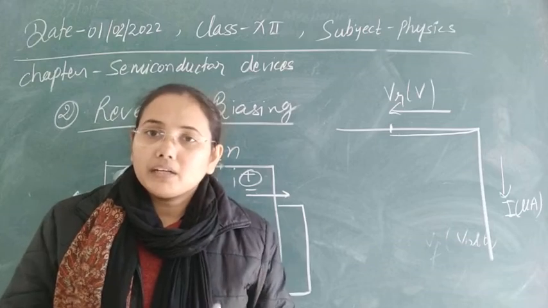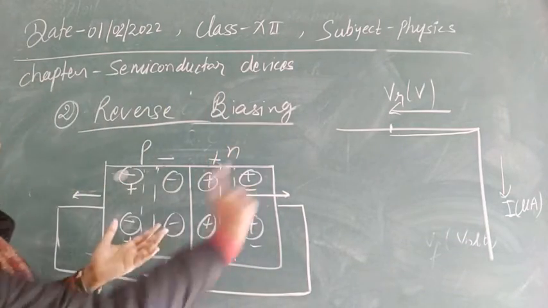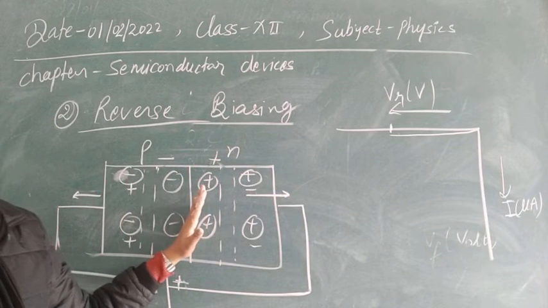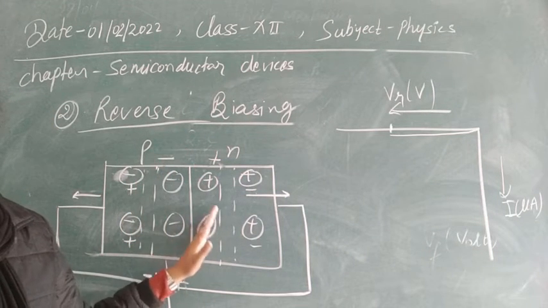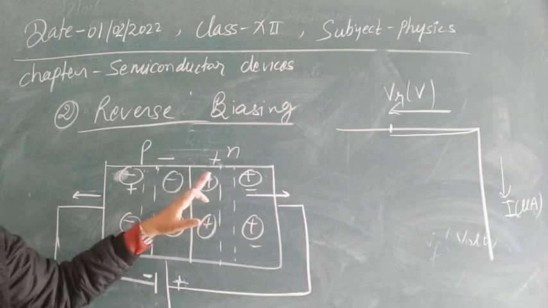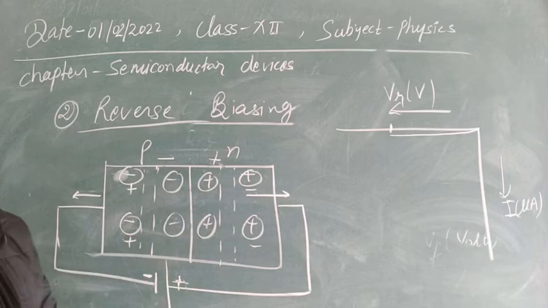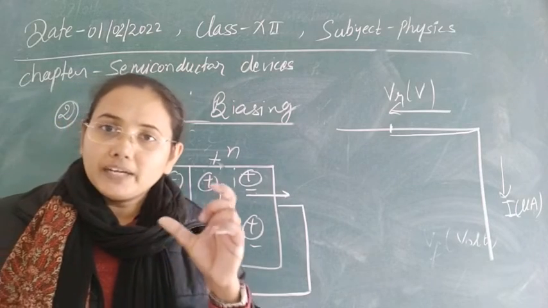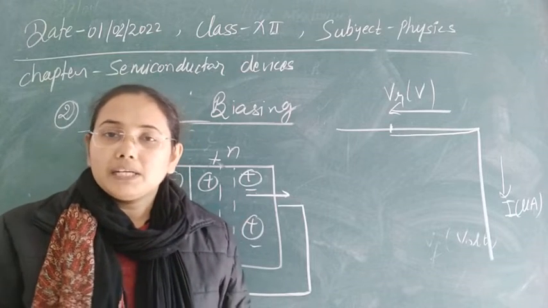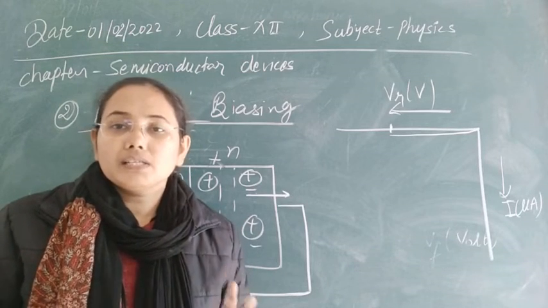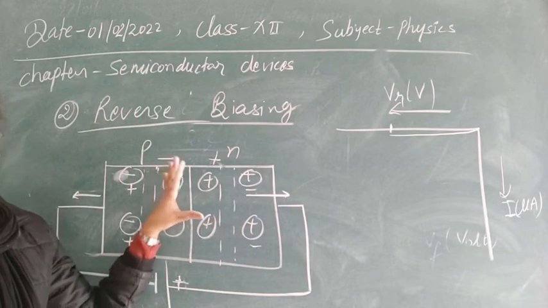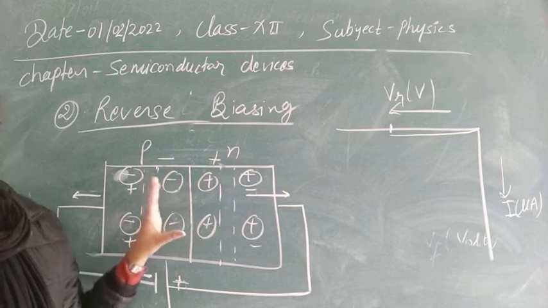Exactly here in the breakdown condition, the electric field inside the junction is increasing, and due to the increase in electric field, the bond between two electrons breaks, and those two electrons become free, and due to the freedom of those two electrons, two vacancies are created behind in the atom. So an electron-hole pair will start to be created here, and if suddenly all the bonds break, then definitely a large number of charge carriers will be produced inside the junction.